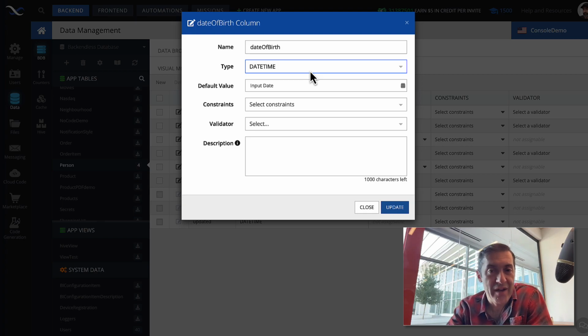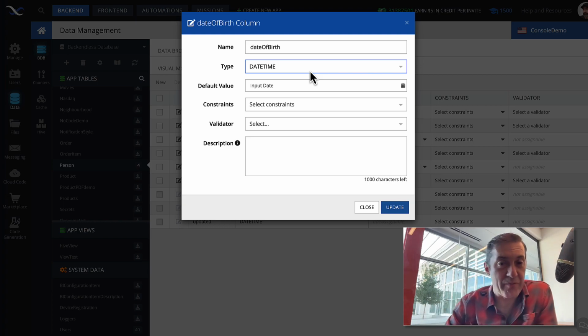So it will give a precise point of time when something happened. In this case, the date of birth. While we may not care about the time stamp, the time of the actual date is also going to be in there. And I will demonstrate some examples in a second.